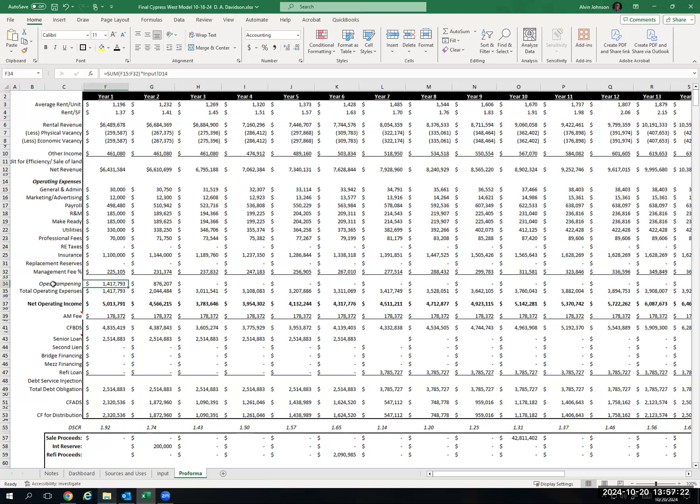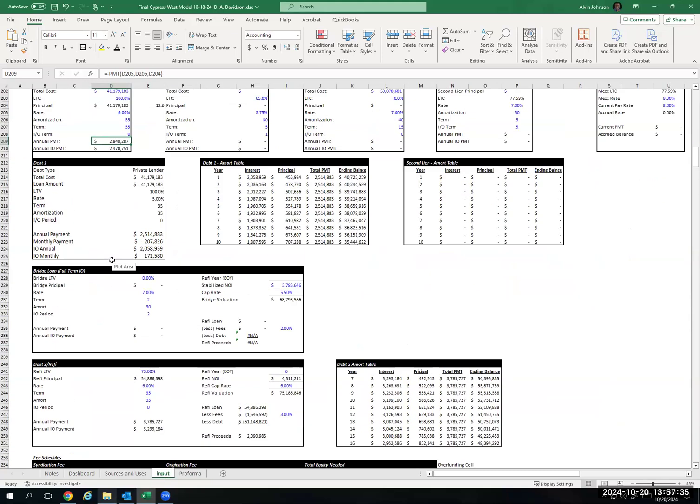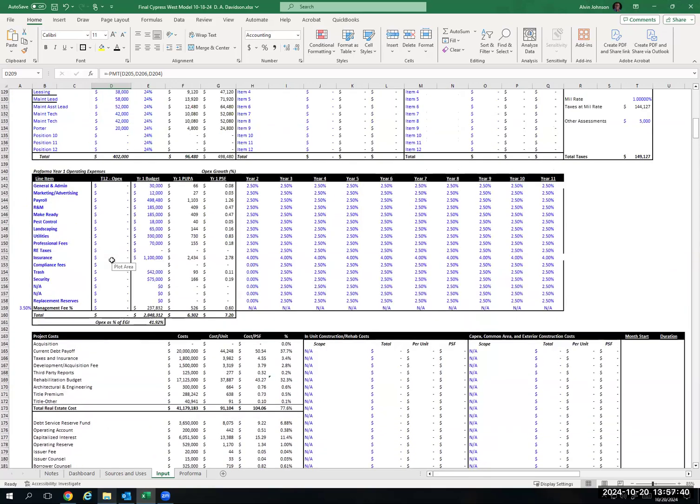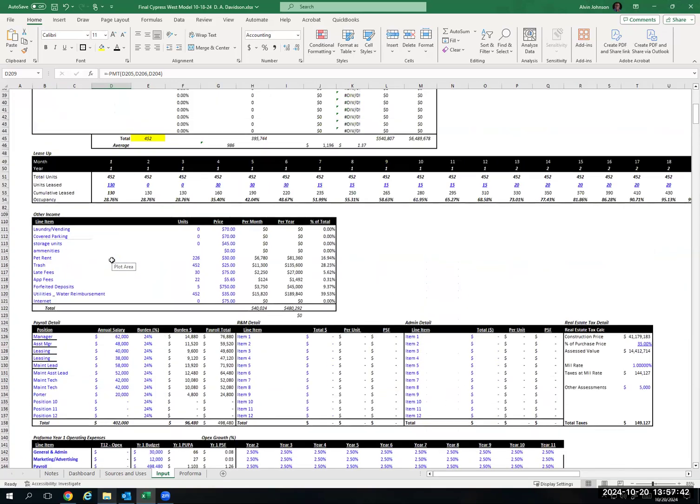I've got my expenses dampened. So this OpEx dampening of 1.4 million means that my true expenses will be 2.8 million. But what I do is I have my expenses dampened here, OpEx dampening,